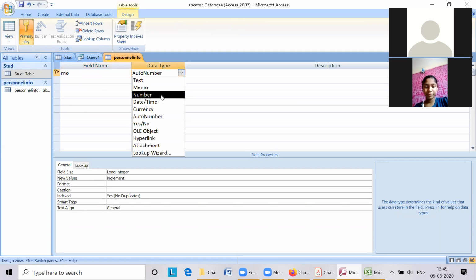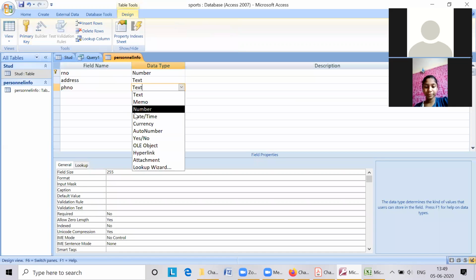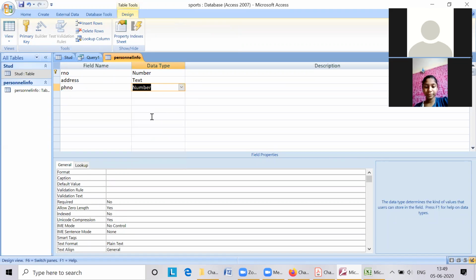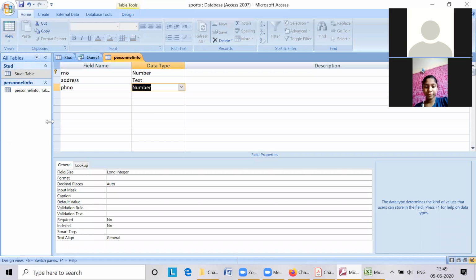RNO is number, then address, that will be the text, and phone number, that will be the number. And this is save.